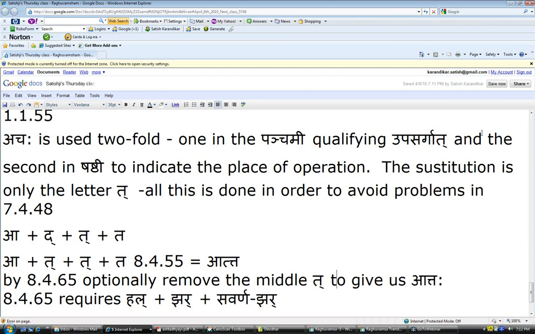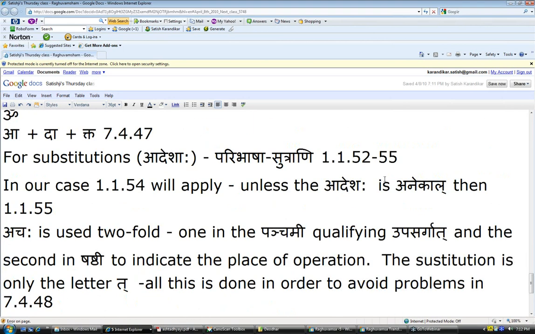Now, one more time, quickly reviewing. This sutram said that if you have an ajanta upasarga, following that if you have the dhatu da, which is Ghusanyaka, then followed by a Pratyaya, which is Tadau Kiti, then the Adesha is Ta. It did not say whether the Adesha is Ta with the A or just Ta, but we have to make a decision. In the following sutram we definitely need the Adesha only as Ta. So therefore in this sutram also we should make it only Ta. But that raises the issue that if you make it like that, then using the Adef Parasya Paribhasha, only the Da would have been replaced by Ta, by Adef Parasya.